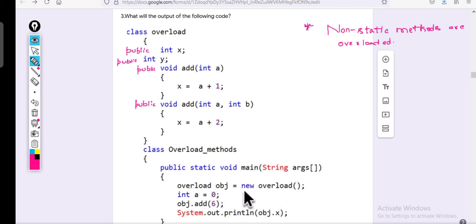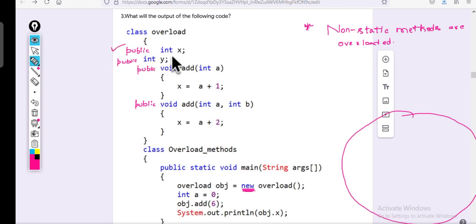Overload obj equal to new Overload. First job of new: create an object. Second job of new: load all the non-static members.